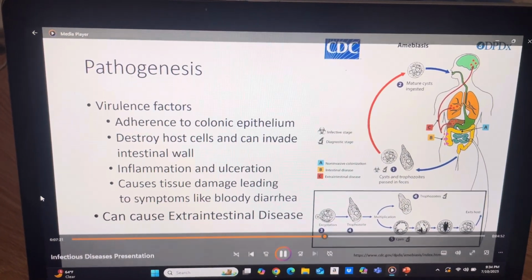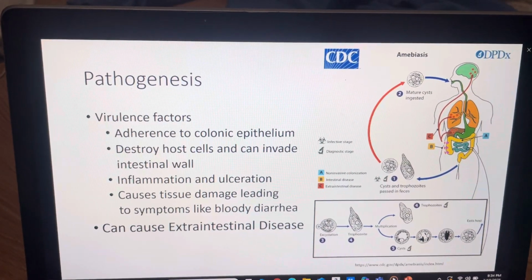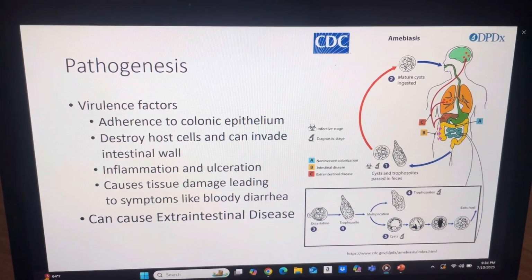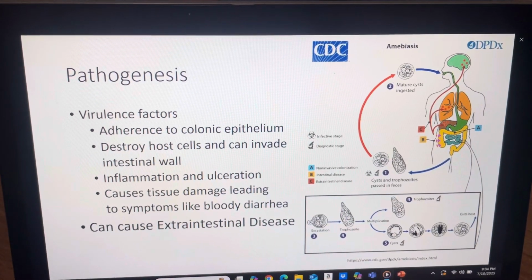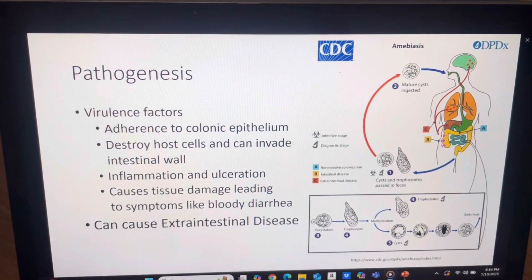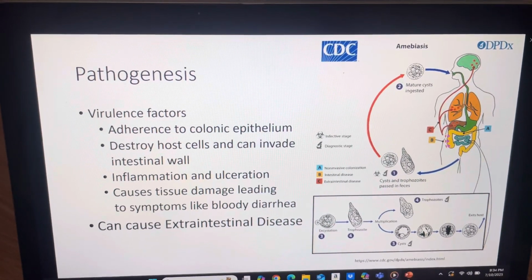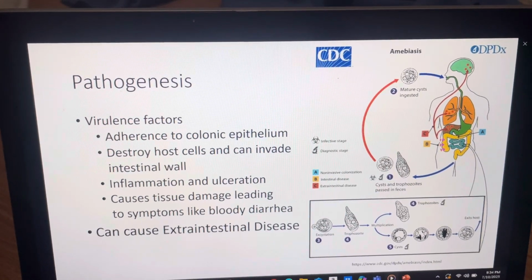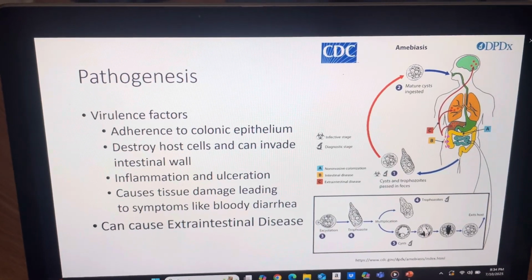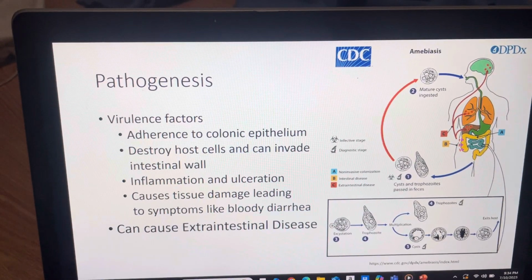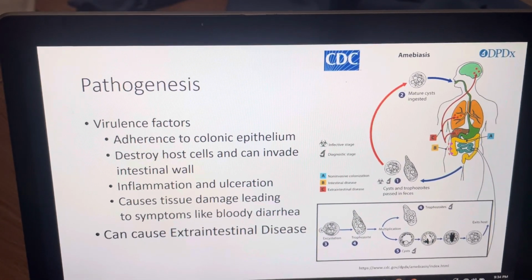So, virulence factors. The trophozoites adhere to the colonic epithelium using specific lectin. And then they secrete enzymes like cysteine proteases and amoebapores to destroy host cells and invade the intestinal wall. This triggers an inflammatory response with the release of cytokines and other inflammatory mediators, and then it causes inflammation and ulcers. This eventually leads to tissue damage, ultimately leading to symptoms like bloody diarrhea. And then trophozoites can also enter the bloodstream and spread to other organs, most commonly the liver, where they cause